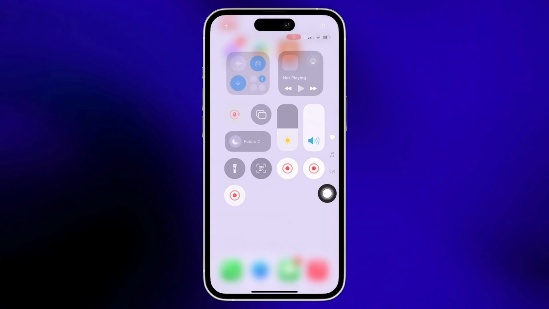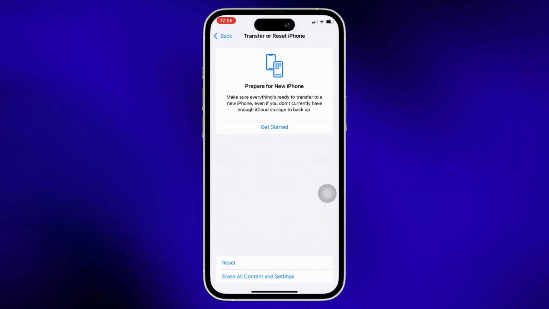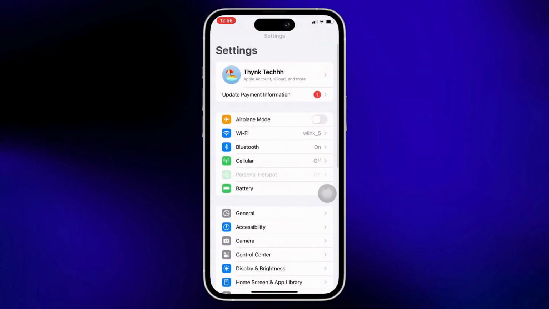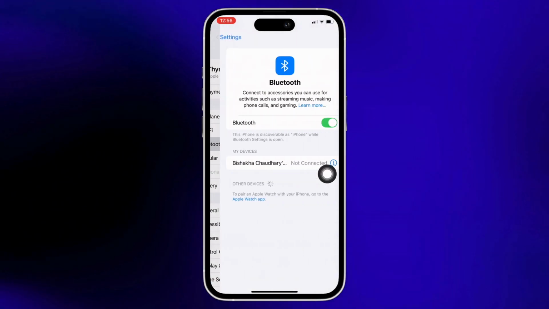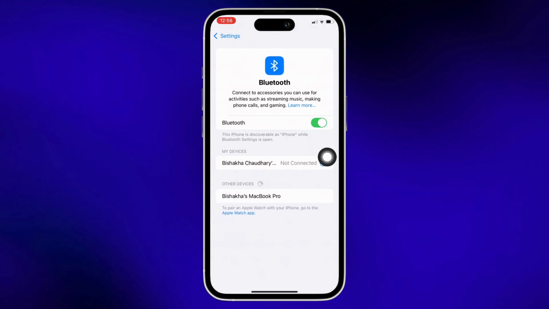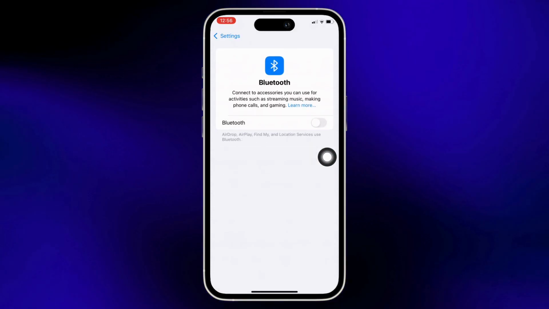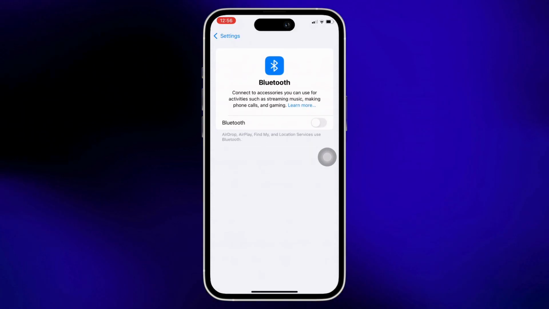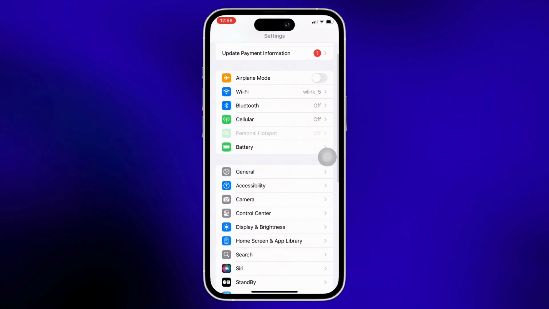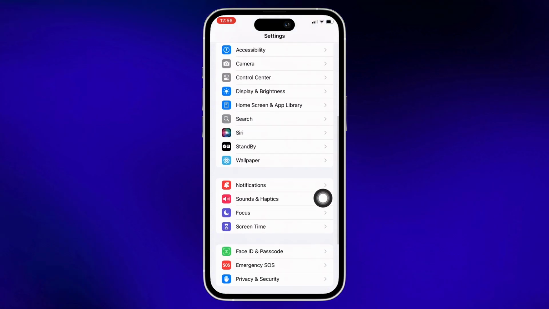Next, you can go ahead and launch the settings application and then tap on Bluetooth and then go ahead and toggle off the toggle button for Bluetooth temporarily and then test the sound again as audio may be playing through connected headphones or speakers. See if that helps, and if not, then open settings again and then tap on sounds